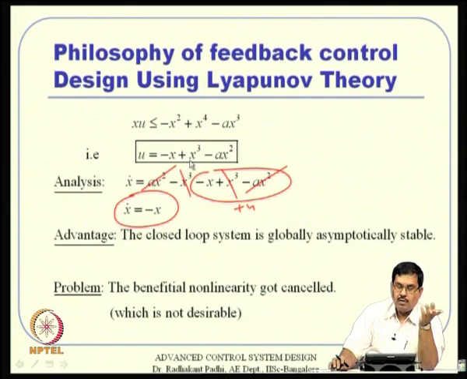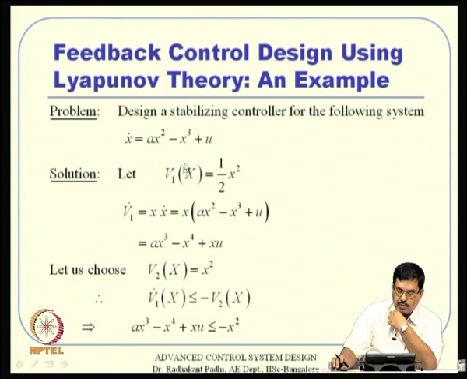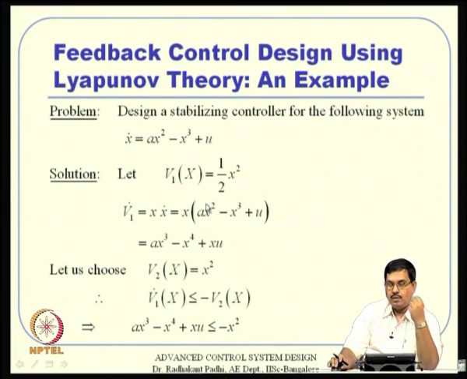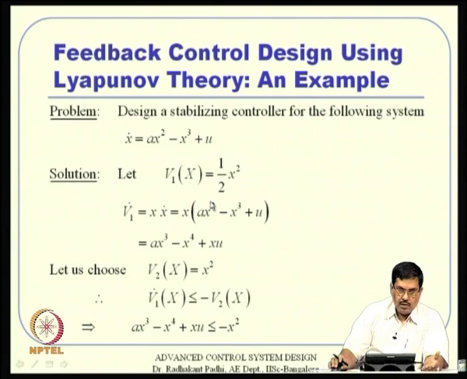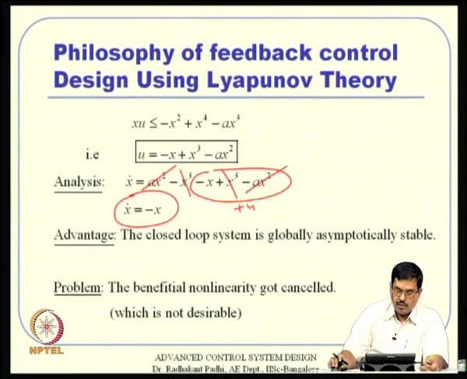So, you design a controller, a nonlinear controller, in such a way that the closed loop system becomes globally asymptotically stable. But what is the problem with that? There is also a problem. Also remember that this V1 and V2 and Lyapunov theory, these are all sufficiency conditions. So, once you use that, the design can be actually conservative, and here it is actually a conservative design, primarily because this, let us assume that